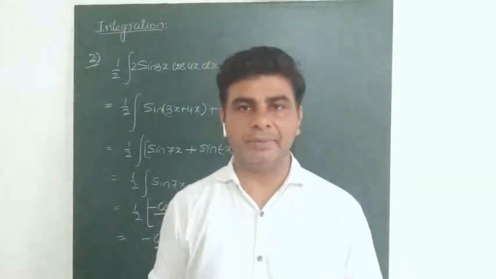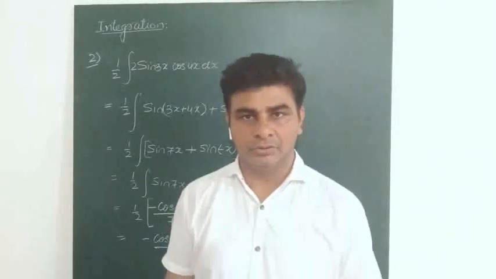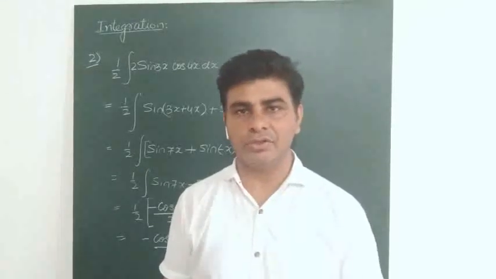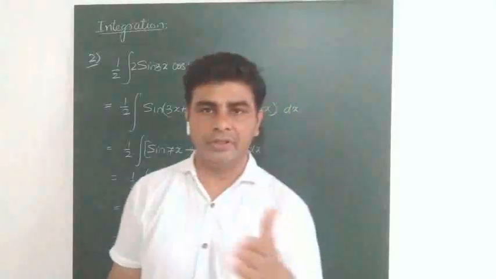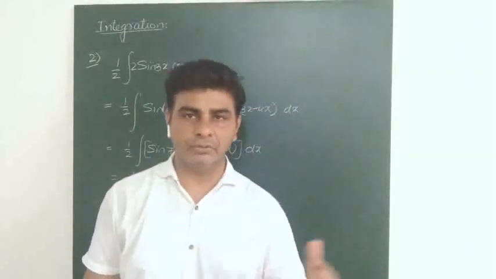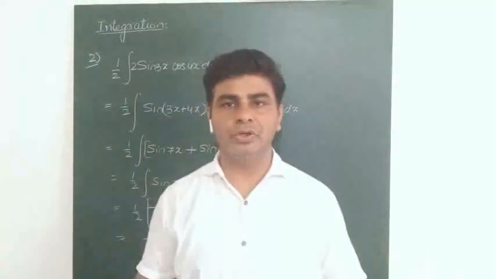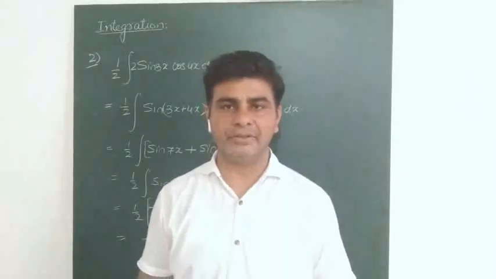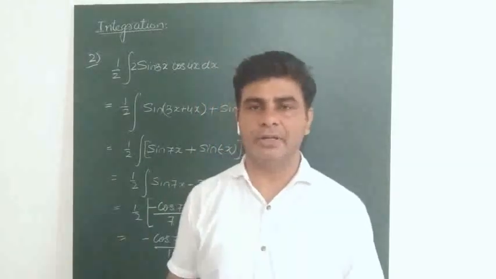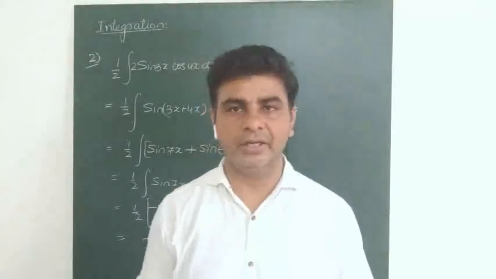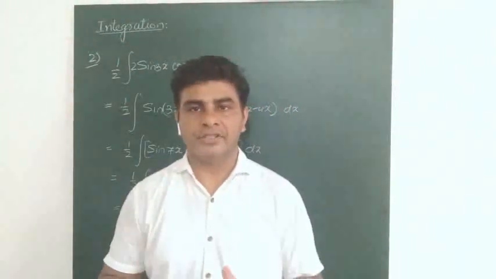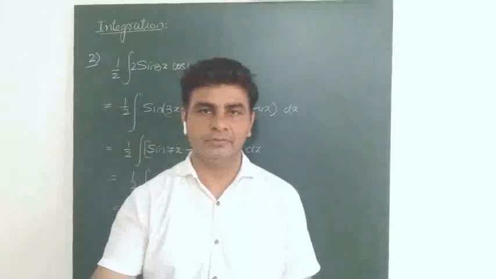Just first of all multiply and divide by 2. You can apply the formula of 2 cos A cos B, and after multiplying the third term with those 2 terms, you will get 2 integral parts. And inside both of them, again multiply and divide by 2, then apply the formula, and you will get the separated terms.